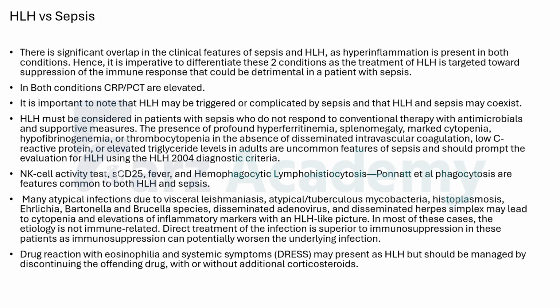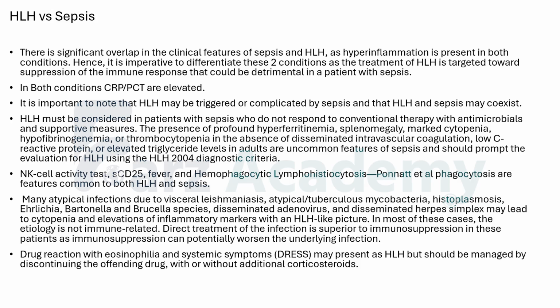Maybe you have given all broad spectrum empirical proper antibiotics in the proper dosages, and still your patient is not getting better. Or maybe your patient got better, but the fever is not subsiding, and there is a persistent bicytopenia and high ferritin levels. In all these cases, if the patient has splenomegaly, persistently low fibrinogen, high D-dimer, high ferritin, a DIC-like picture, then elevated triglycerides, then you have to think about HLH.